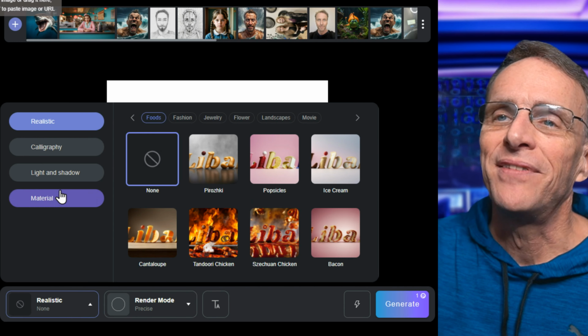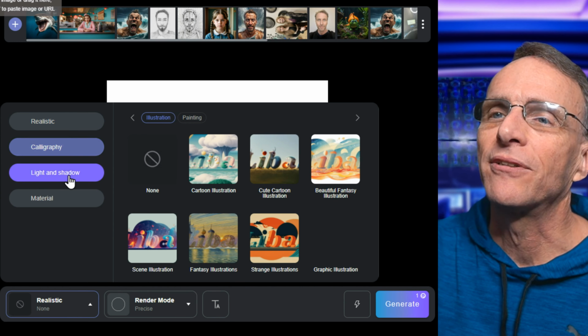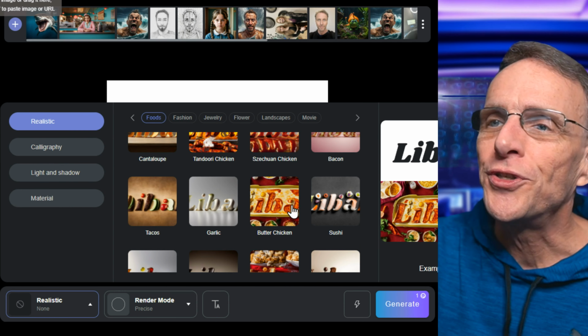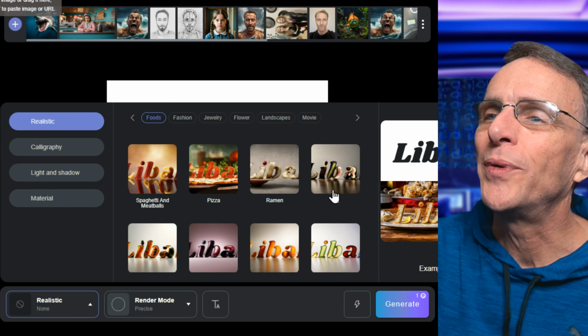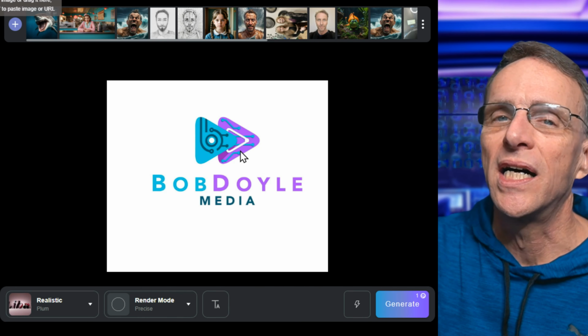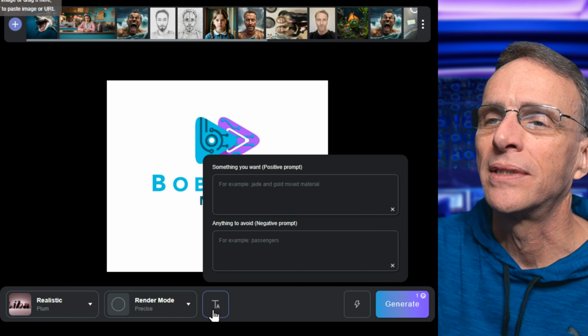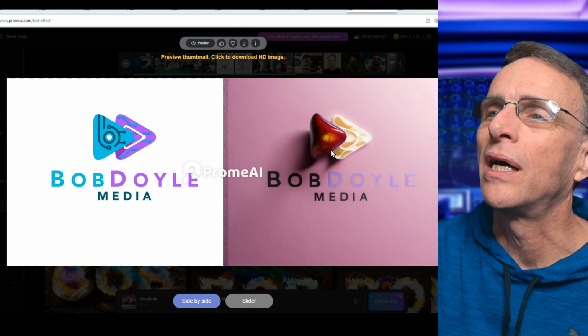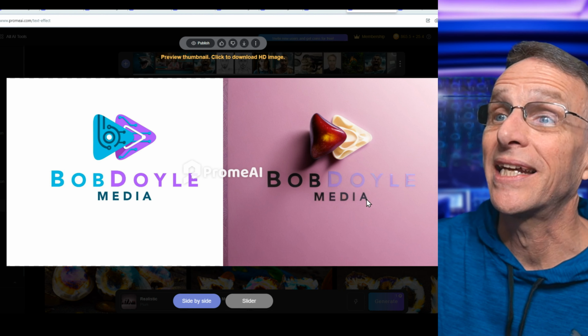We can choose any of these models. We have realistic, calligraphy, light and shadow, and then material. Let's just choose a realistic preset. I won't do any prompting. Let's just say plum. We'll leave the render mode precise so it really hugs the outline of the logo. Won't add any text, and click generate. Okay, so it kind of made a plum out of one of the arrows, but it kept Bob Doyle Media